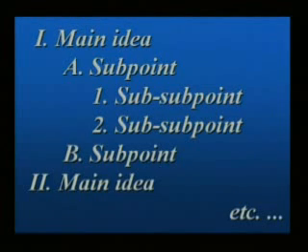Otherwise, I've got to incorporate what was in that numerical, or I'm sorry, alpha 1 under B. I'm going to have to incorporate that into the larger point. So if you have a 1, you must have a 2. If you have an A, you must have a B. Otherwise, you lose some points on that part of your outline. So this is a form to come back and look at so you can be sure that you're following correct